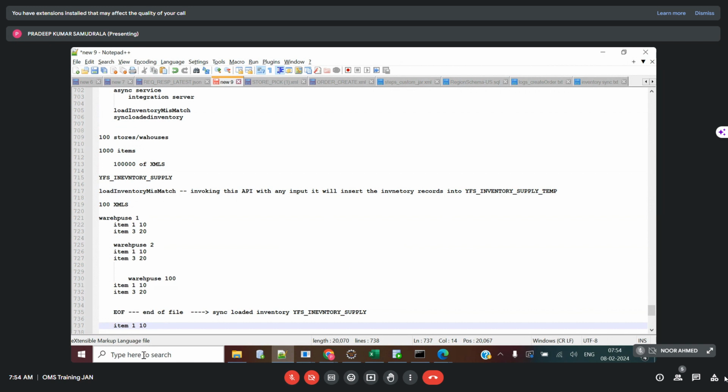And once all the messages are received and processed by load inventory mismatch API, we will be getting an end of file message mentioning that this particular group of XMLs is done. Once the end of file message is received by Sterling order management system, we will be invoking sync loaded inventory. And once the sync loaded inventory API is invoked, we would be